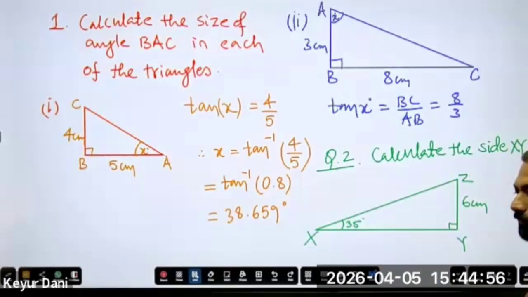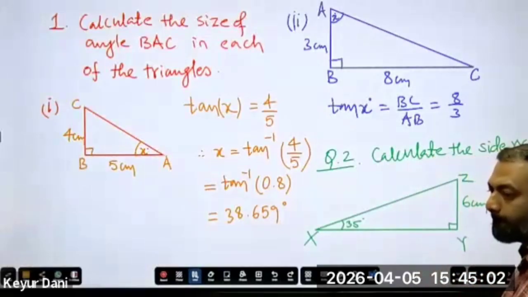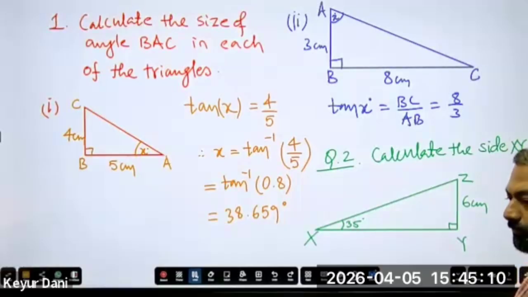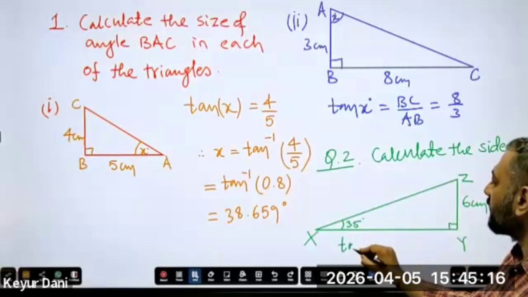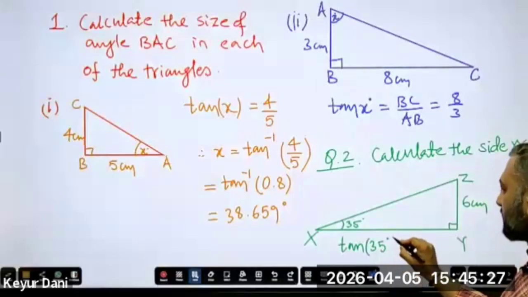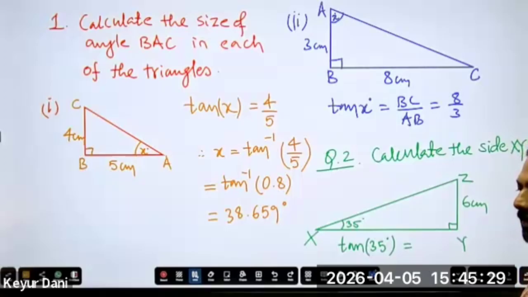For the X, the ZY is the opposite side. Very good. And the XY is the adjacent side. So which ratio will we have to use? Tan again. Very nice. Tan theta is opposite upon adjacent. But what is our theta in our case? 35. Very good. So tan of 35 degrees is equal to 6